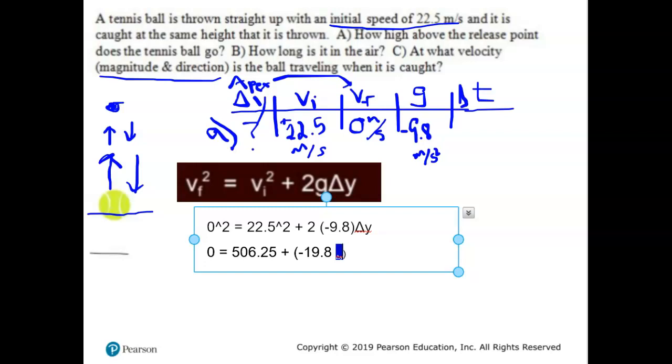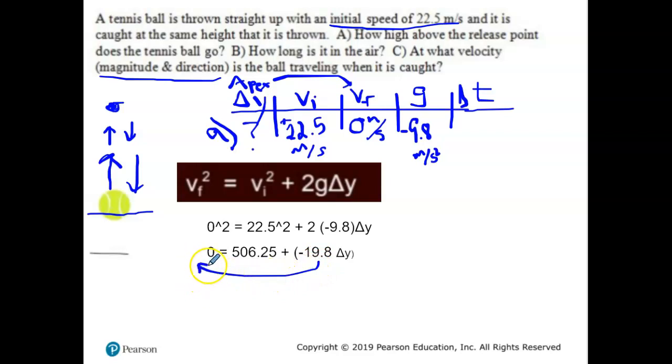Let me just make this bigger, I guess. There we go. So we can't do that. So what we have to do mathematically, just to make sure we're all on the same page, we're going to take either of these terms over. I'm a positive person, so I try to make things more positive, get rid of negative signs, so it's easier for me. So I'm going to make the 19.8 on this side positive, because it goes to the other side,